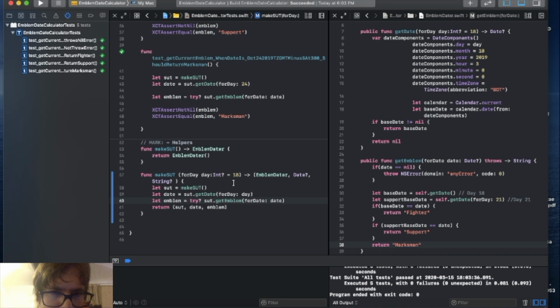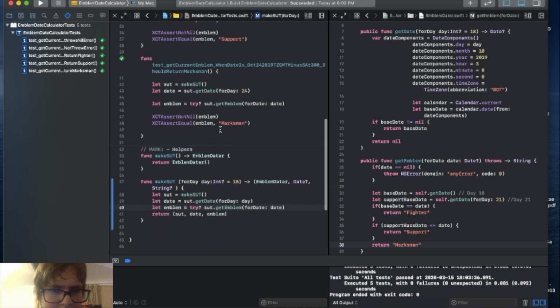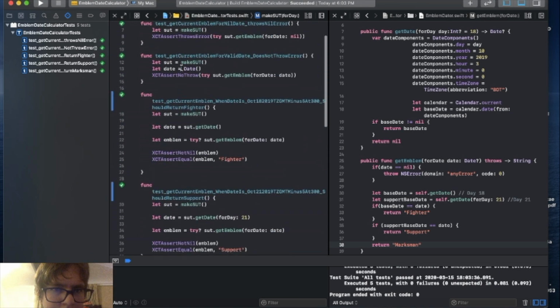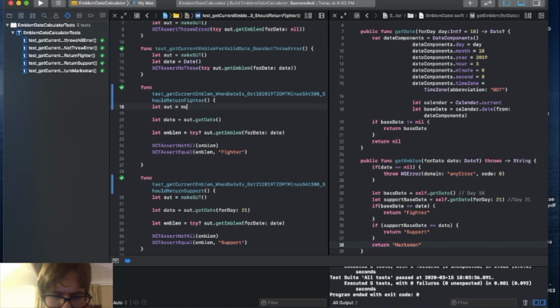Make SUT for make SUT like this, and then I can replace this make SUT with the other make SUT